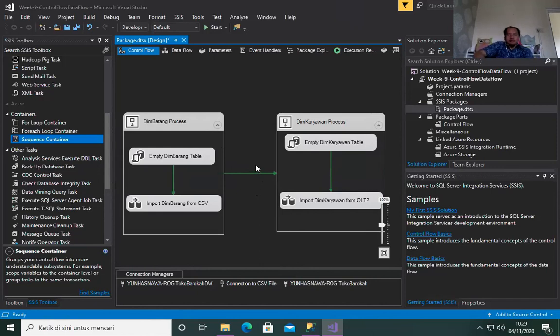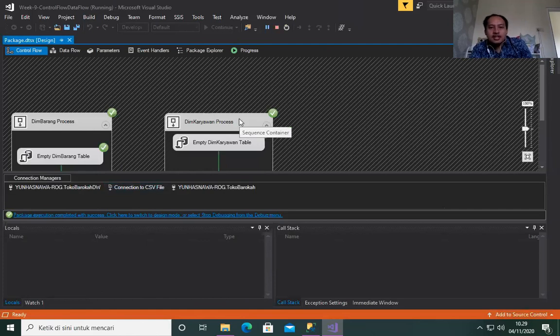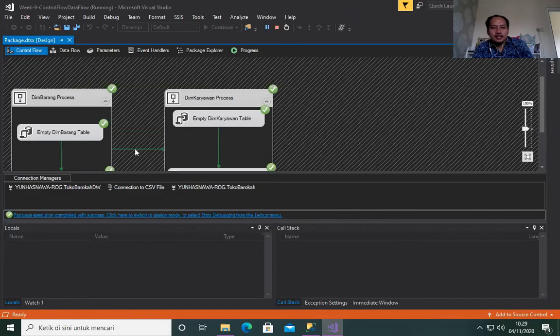All right. When we run this one, pay attention to the loading indicator. Look at this. This one appears first, and then this one, because this is run sequentially. When we delete this precedence constraint, then the loading indicator here and here will appear instantly at the same time. But whenever we connect this with a precedence constraint, it will run sequentially, so this one first and then this one. Even though it is very fast, you can still notice that this one appears first and then this one is second.